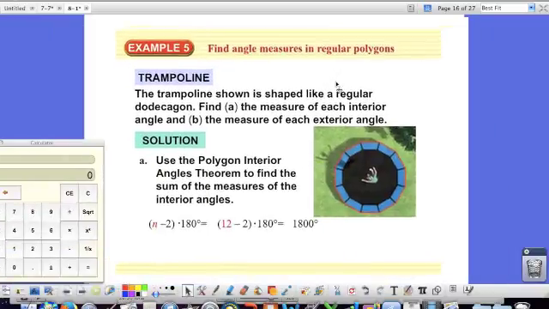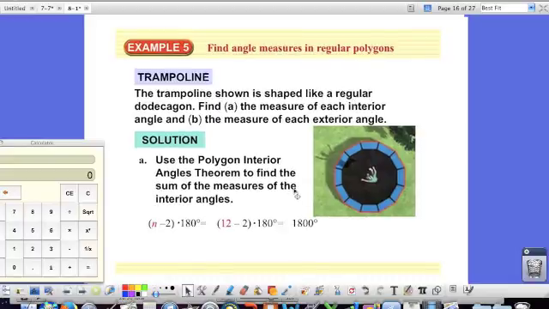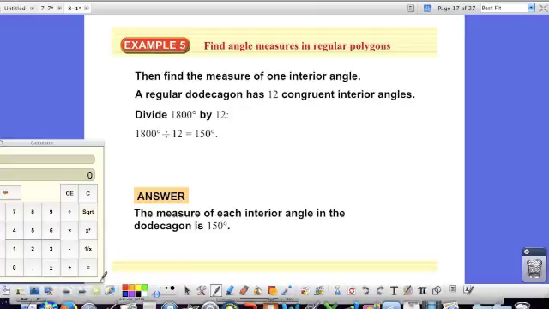The trampoline is shaped like a regular dodecagon. Find the measure of each interior angle and measure of each exterior angle. So a dodecagon, if you didn't know, you could count these up, is 12. 12 minus 2 is 10. 10 times 180 is 1800. And since the exterior angles all add up to 360,